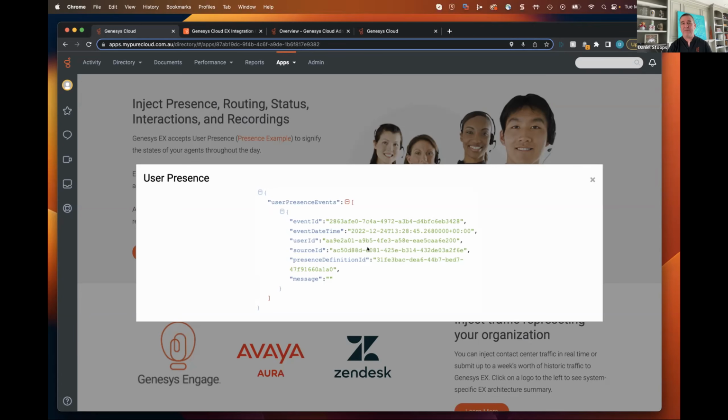This source ID might mean your Avaya system. And this user ID is a specific agent. And of course, this is a specific time. So it's pretty cool. Now, what's neat about the EX system compared to what Genesys is doing in the past